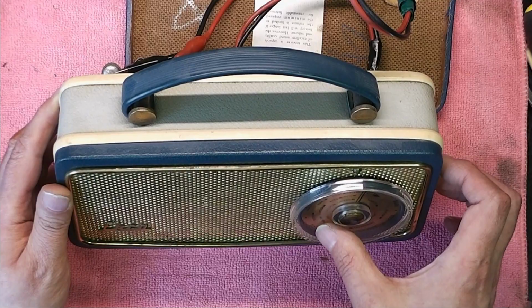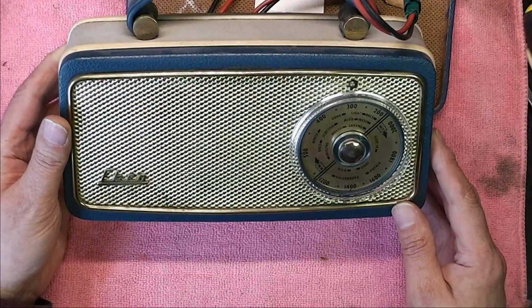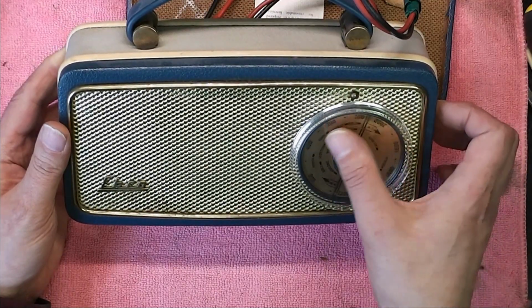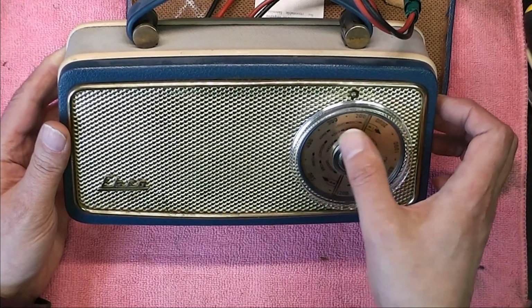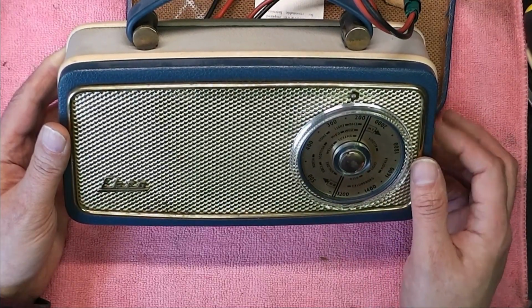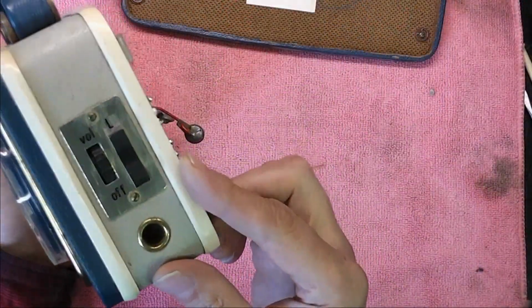That is tuning a station. It's about the right place on the dial, so I expect that we're lacking gain somewhere along the line here. I can definitely hear a healthy bit of hiss from the amplifier, so that's good stuff. Fortunately,